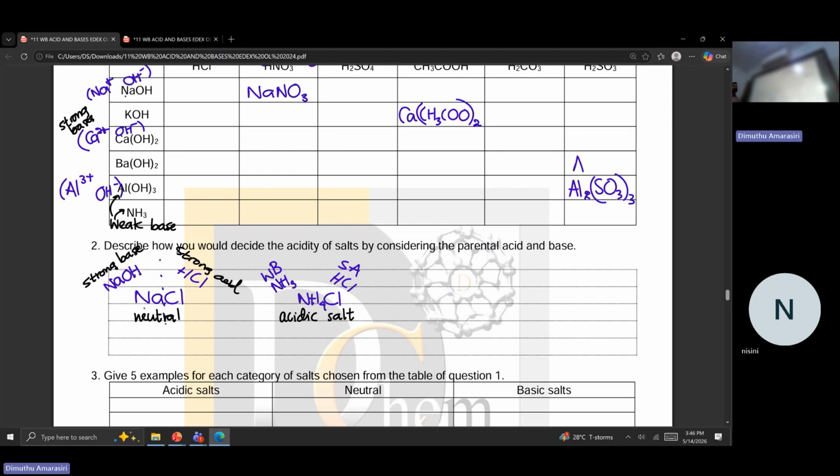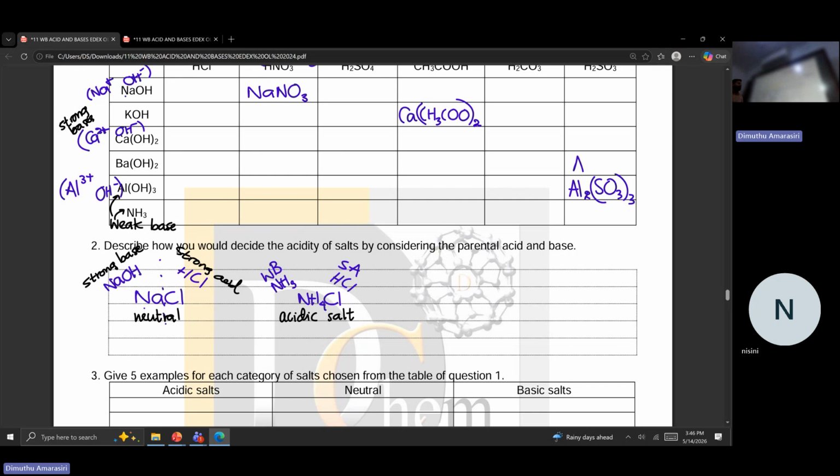Have you heard that when lots of fertilizer is put into soil, like after using fertilizer long term, the soil gets acidic? That's because fertilizers are usually ammonium salts. They're acidic. So when you use it for a long time in agriculture, the soil gets what? Acidic, and the soil becomes infertile. Right? Then you have to add a base and neutralize it again to cultivate. We'll be facing those kinds of questions in future. Understood? So this is an acidic salt, understood?